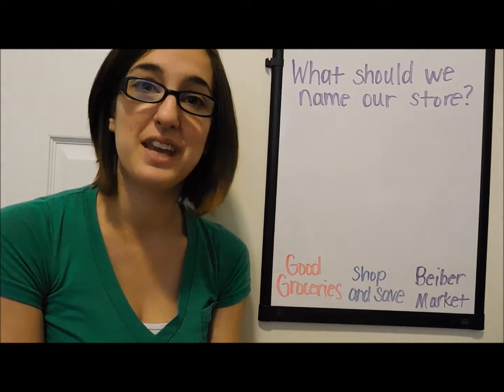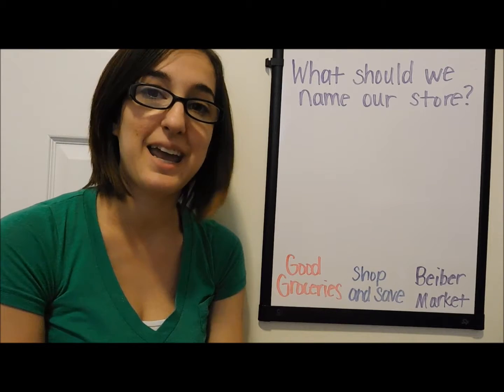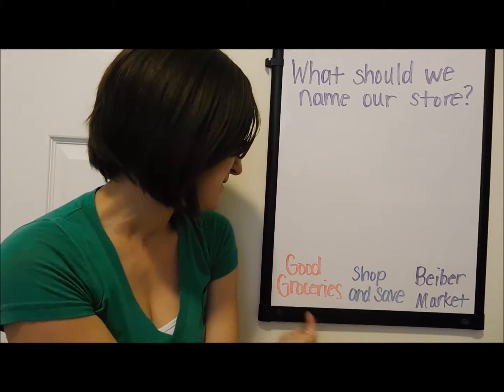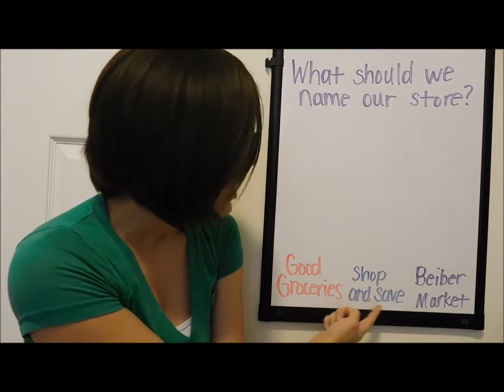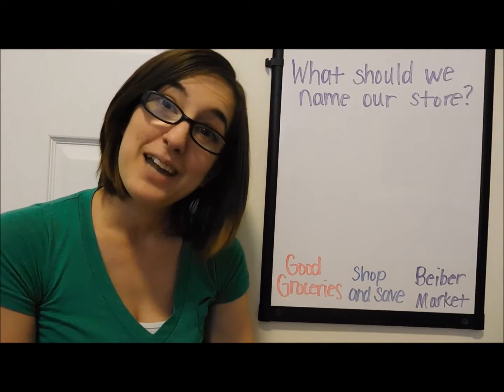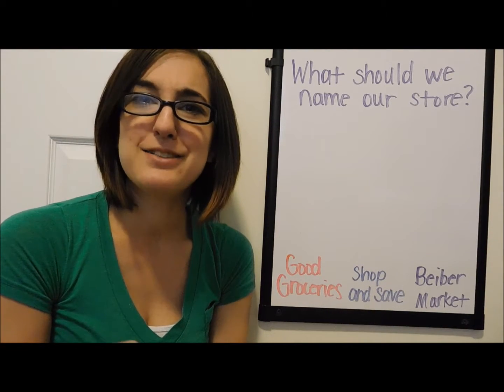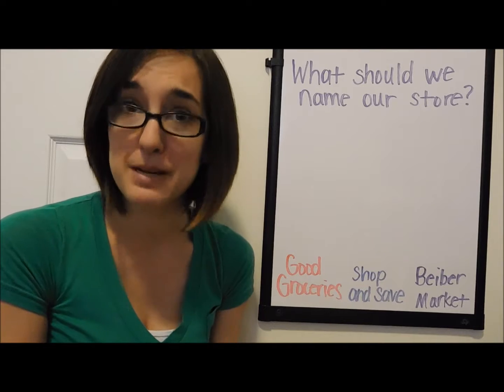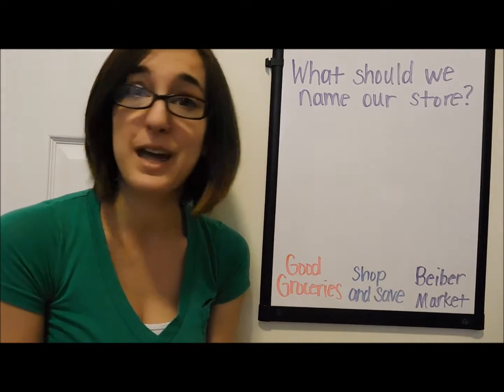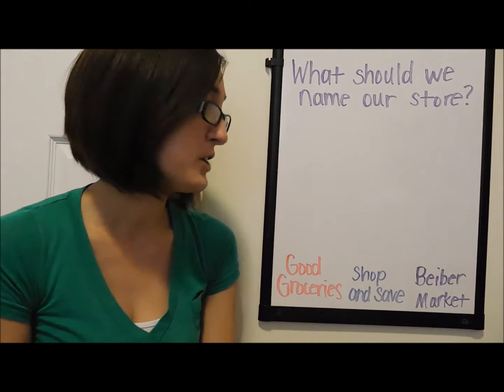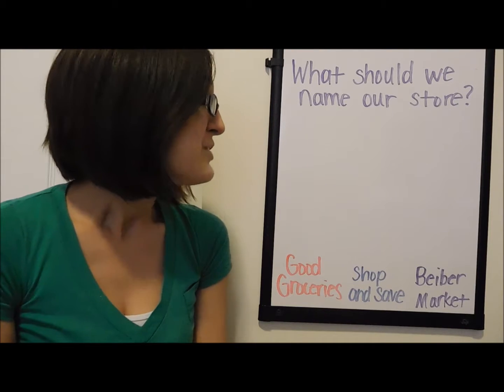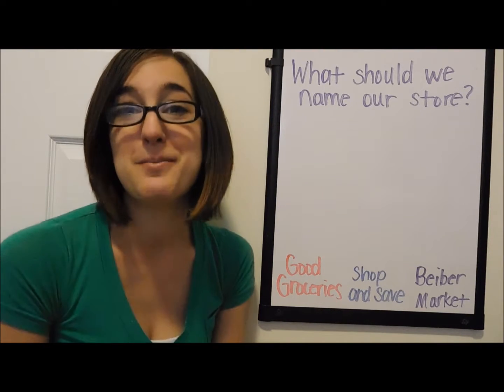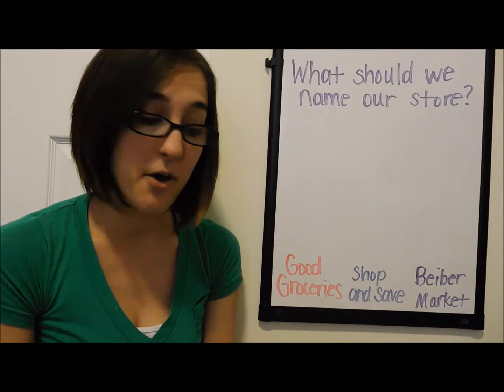So with the grocery store theme, I asked what we want our store to be named, and I wrote down a couple options: Good Groceries, Shop and Save, and Bieber Market, because for some reason my kids always want to incorporate Justin Bieber into whatever they're naming. We had an elf on the shelf named Justin Bieber for a year. That was fun. So after the kids have come up with some ideas and we've narrowed them down, we'll then